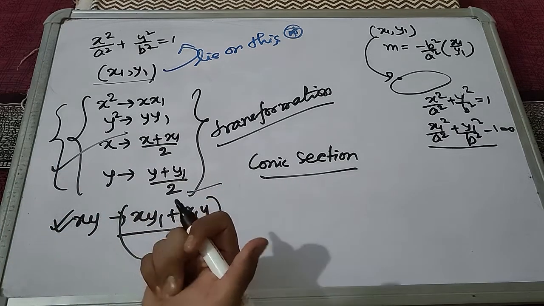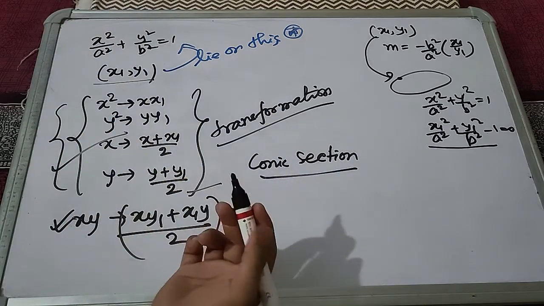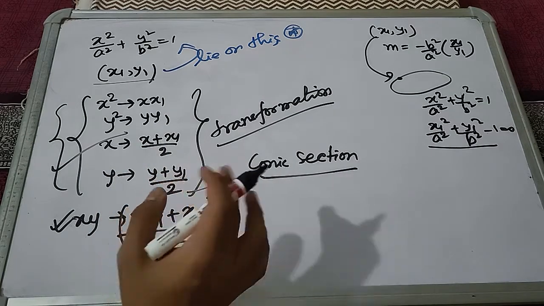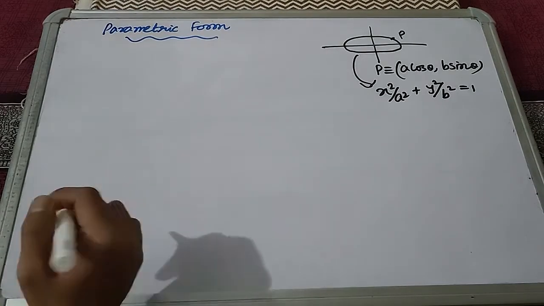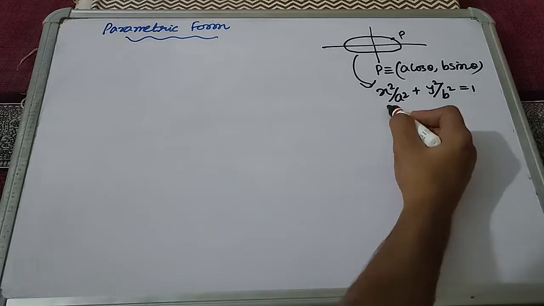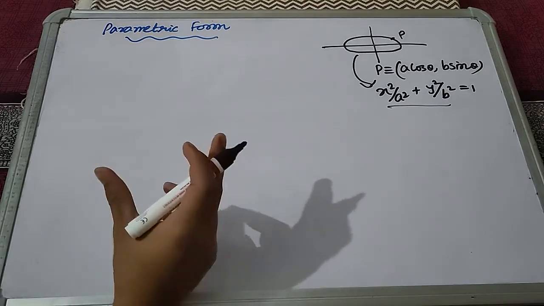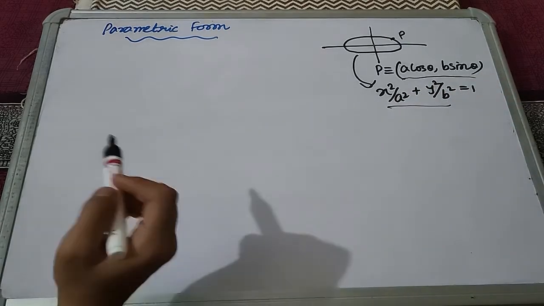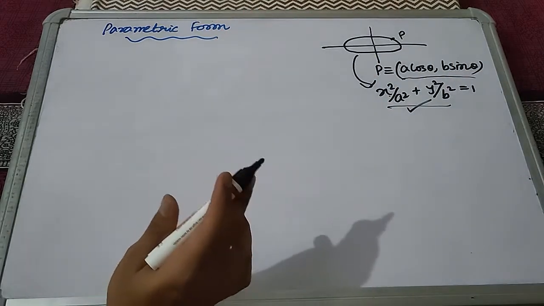Now let us see the third form of tangent, where we will use it as a question, and this is our technique to solve it, and the result is another result which we should keep in mind. That is the third form of tangent, known as the parametric form. Now, from parametric form, what we understand is that if this is your ellipse, x square by a square plus y square by b square equals 1, and we have a point P on it, if we have theta as a parameter, then we can represent any point on it as a cos theta and b sin theta, because this point actually satisfies this curve. So they are known as the parametric point.